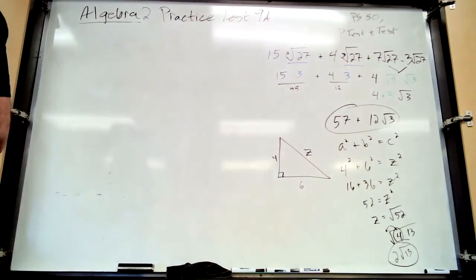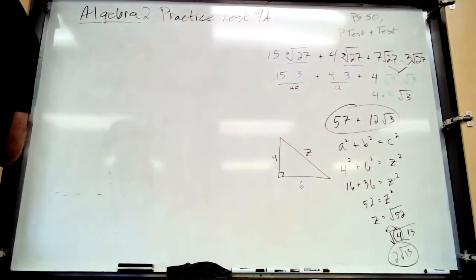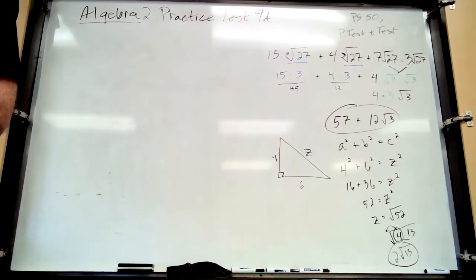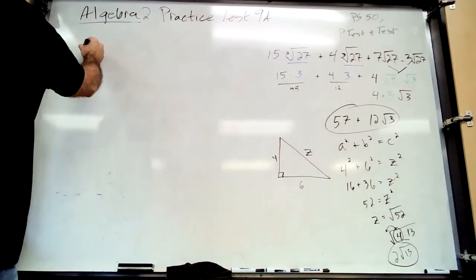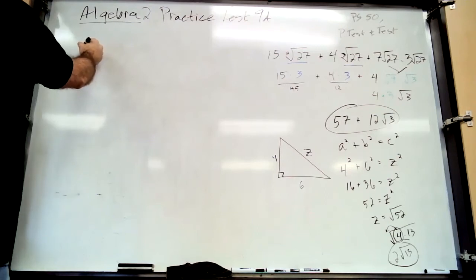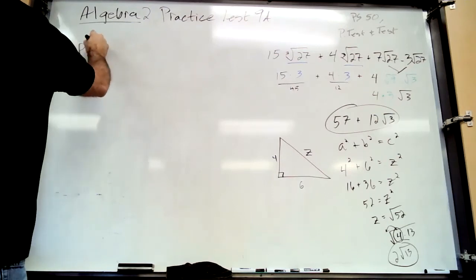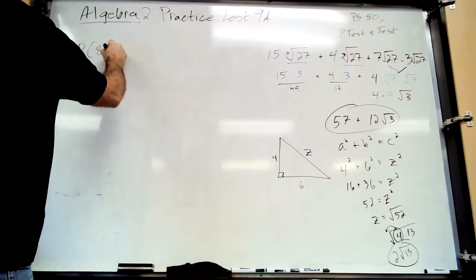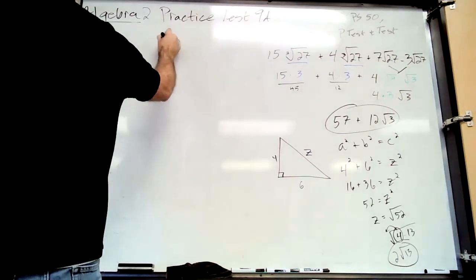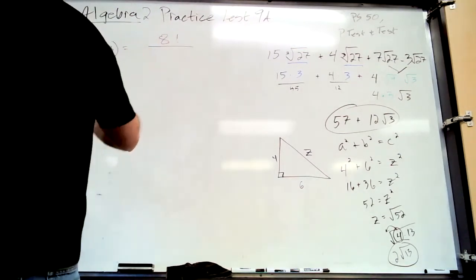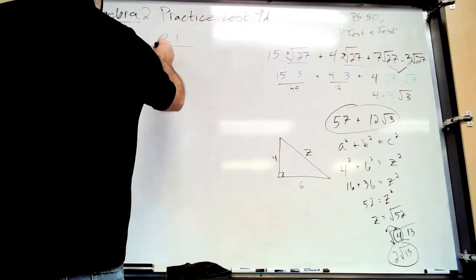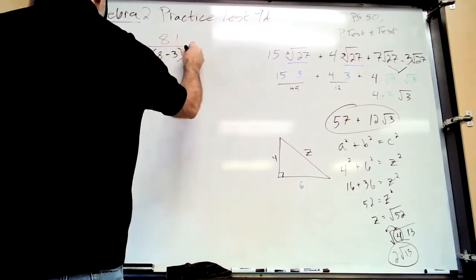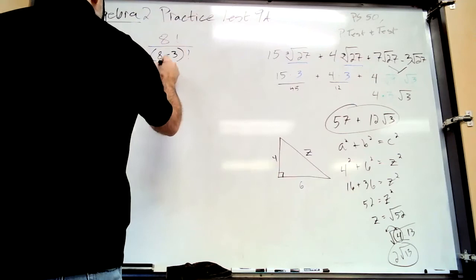Number 6, find the permutations. Okay, so all you're doing is just plugging in 8 for n and 3 for r. If you have a factorial button on your calculator, you can do that. But we're finding the permutations of 8 objects taken 3 at a time. So P of 8 comma 3 is just 8 factorial over 8 minus 3 factorial, which is just 8 factorial